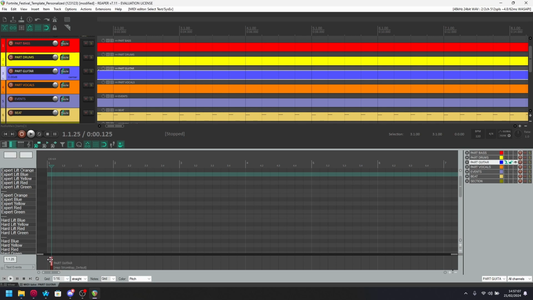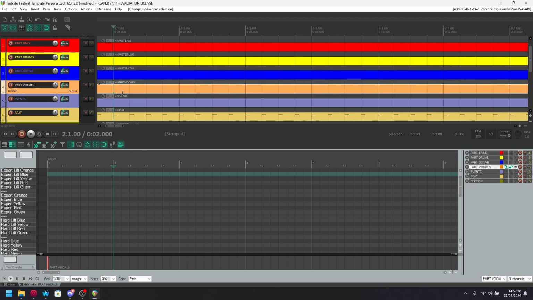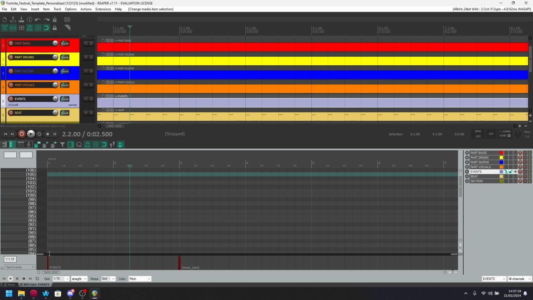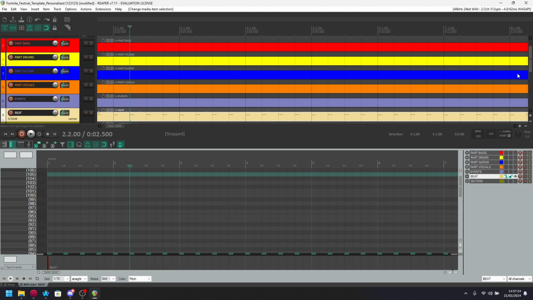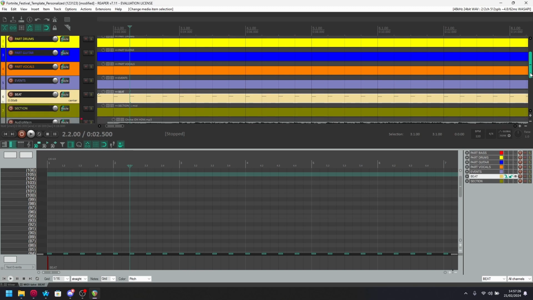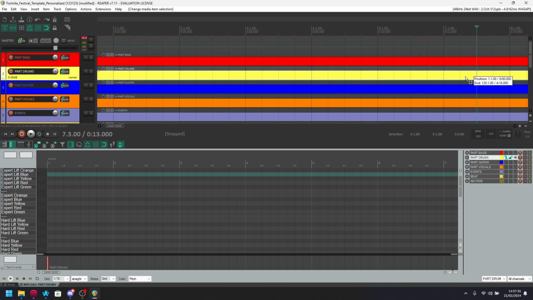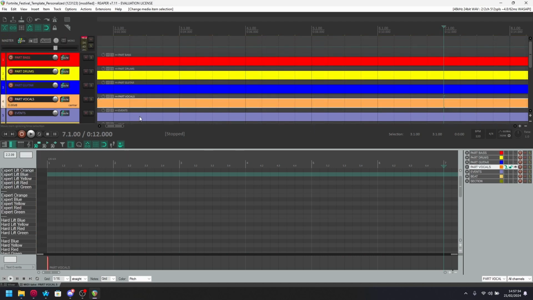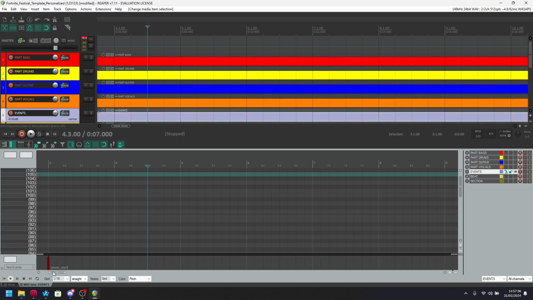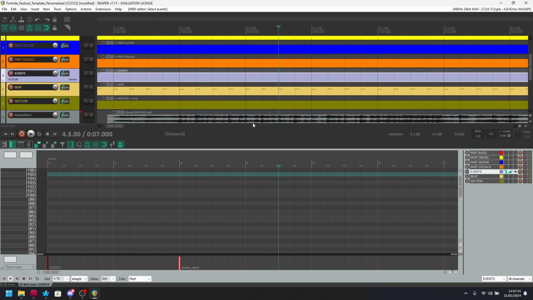But this thing has to be the first. If it's all the way over here, the chart will not load. If it's all the way over there, it'll load. And you have to check this with every single track, especially events. Make sure it's there. Beat, section, bass, drums, guitar, vocals, and also on the events track, please make sure that music starts where your audio starts,